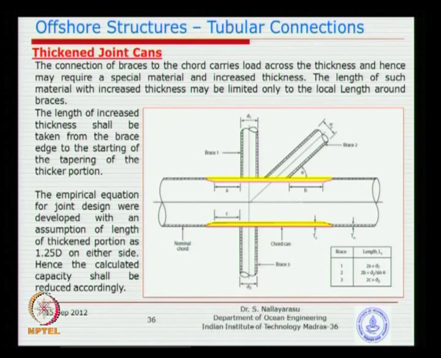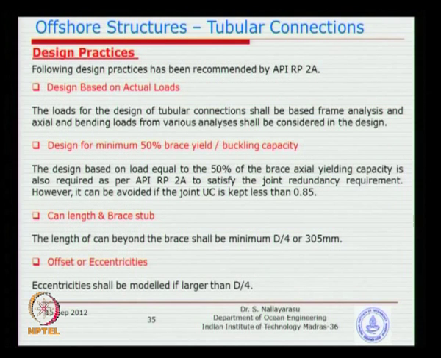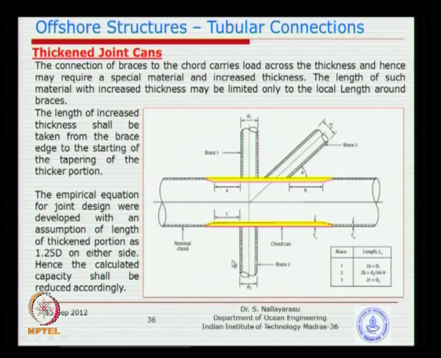So you need to extend a little bit beyond, and that is where we have this criteria called d by 4 or 305. Now is that enough? This is what we are going to see, and basically it is not enough, because all the empirical equations which we derived, we saw that QF, QU and the combination of them to calculate the capacity PA. I think all of you remember the formula, no?